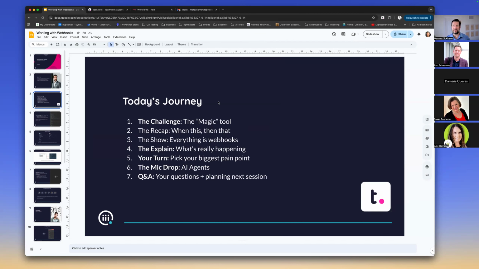So now let's get talking about what we're going to do today. Today, we're going to talk about some of the challenges people have with any online software. We're going to do a quick recap, just a bit of the concepts we've talked about last time. We're going to talk about why everything is webhooks. And then we're going to really actually get into it today. I want to show you hands-on like we did last time, but this time we can talk, which is great,